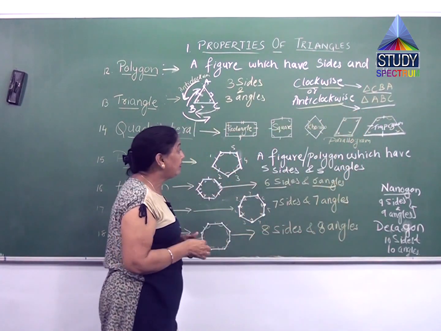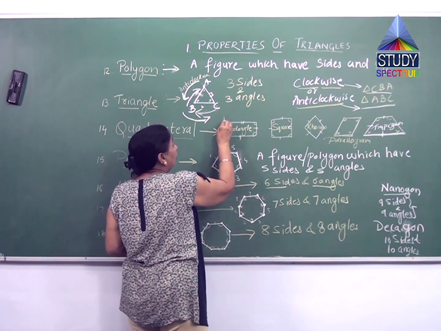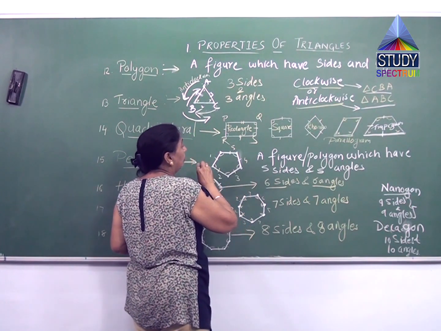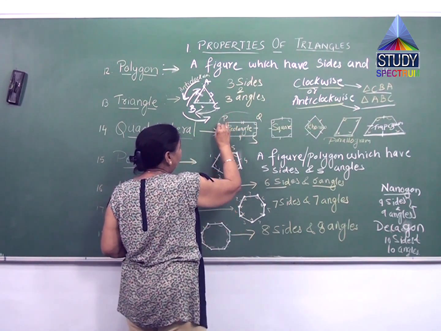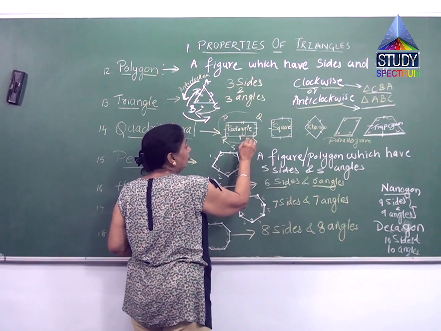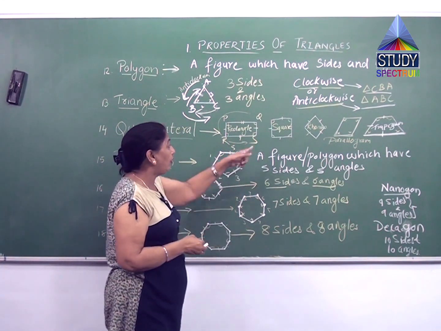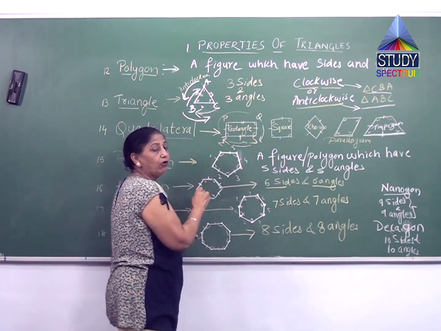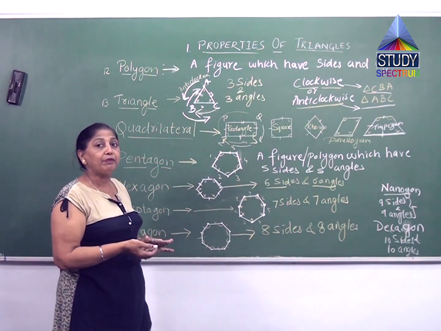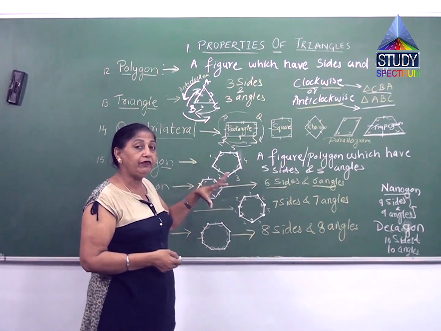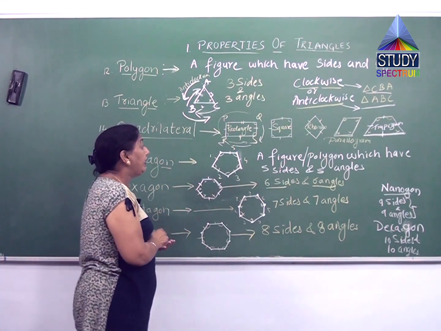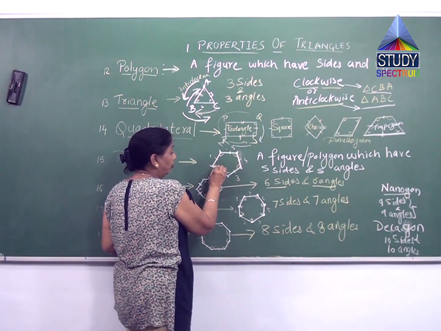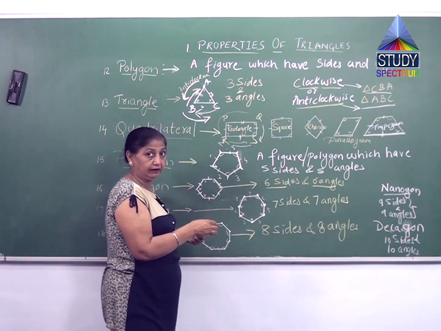Same way, these names can be given to this also, like P, Q, R, S. I can name it; if I am moving this side, Q, P, R, or this way, that is known as anti-clockwise, and if I am moving from this side to the other side, then it is known as clockwise. So these names, as per the requirement, we can give to all the figures, because they will indicate to us the sides, how many sides, and the points, everything.